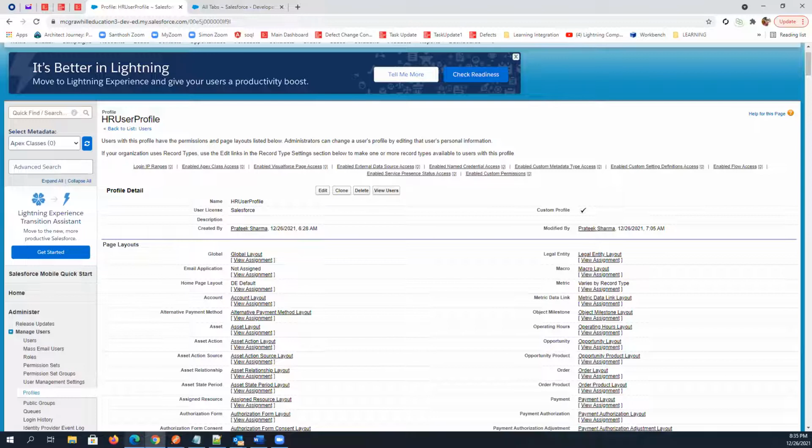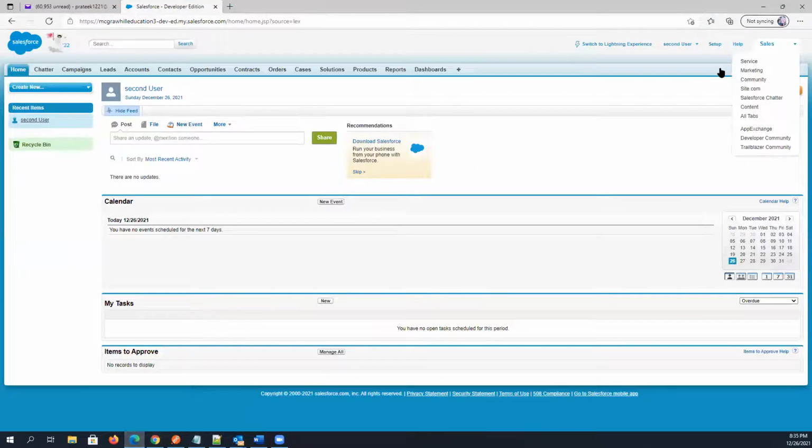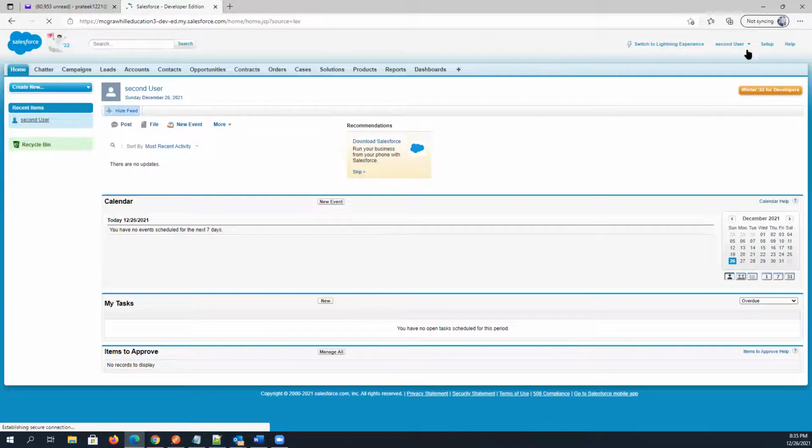Now you can come to this profile user. As soon as he refreshes this screen, you can see there is no drop down now. By default, he or she can access all the things related to the sales application. Profile drop down no longer exists for this user. Clear, everyone? Yes, sir. Yes, yes.